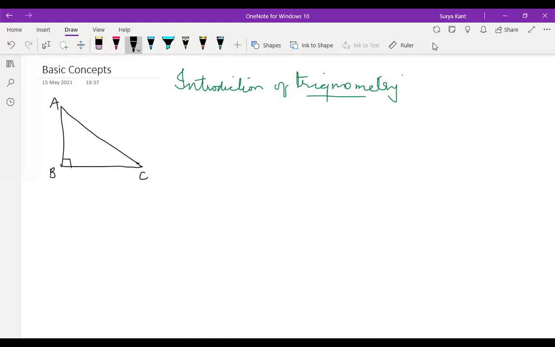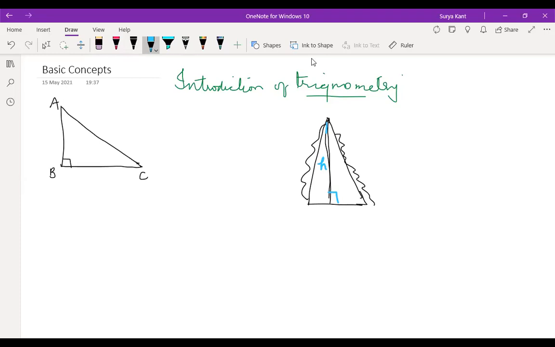Suppose if we have any mountain here. How to find the height of the mountain? Suppose this is a curved path, right? We can't go and just find the height. Height is always vertical, right? So how to measure this height? Can anybody tell me how to measure the height of the mountain?